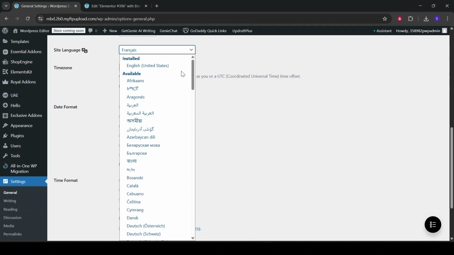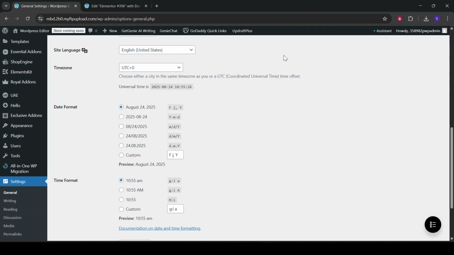Now, let's consider a few extra tips to enhance your multilingual capabilities. If you're working with a multilingual site and want to provide content in multiple languages, consider using a WordPress plugin such as WPML or Polylang. These plugins are widely used, quite intuitive, and offer powerful features to help manage translations across your site. They work well alongside Elementor, giving you the flexibility to switch between languages effortlessly as you build or edit your